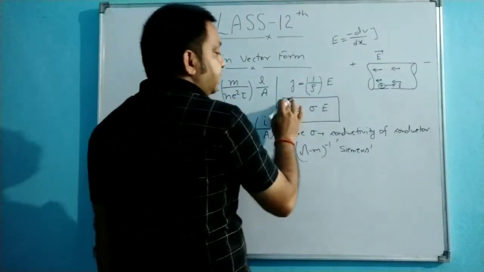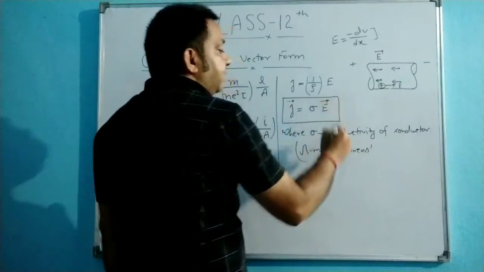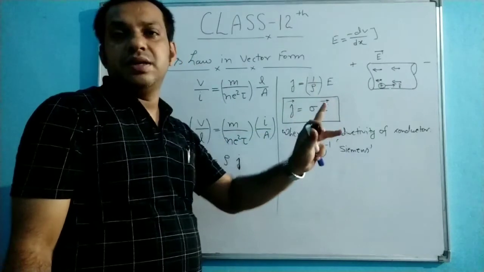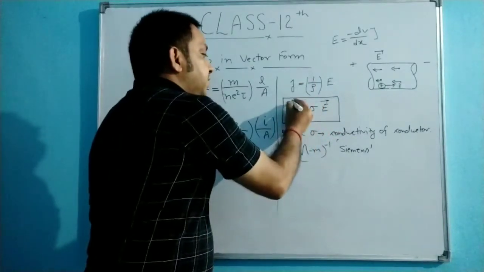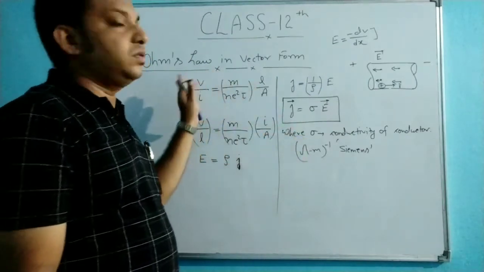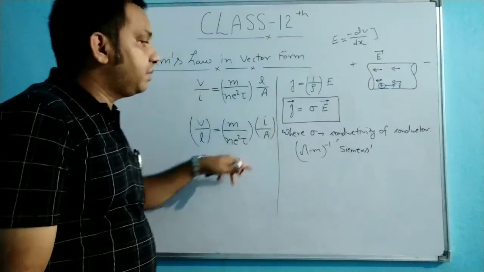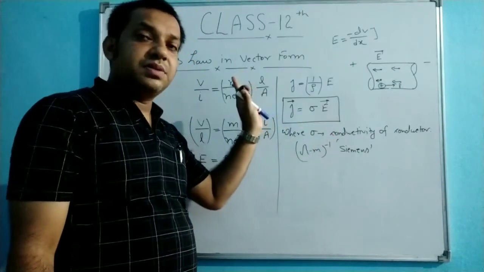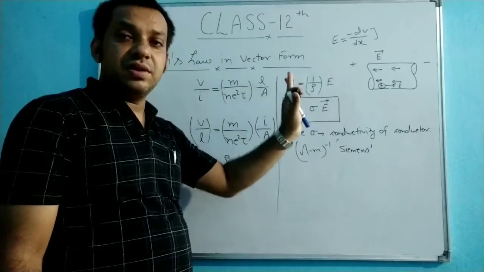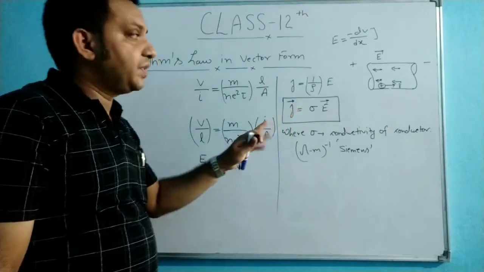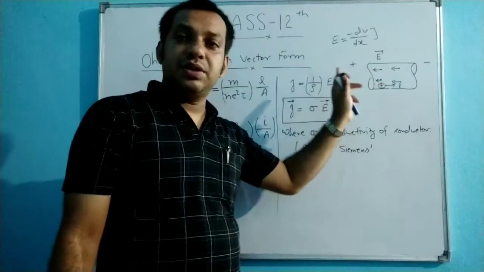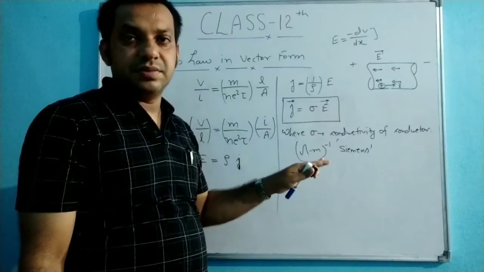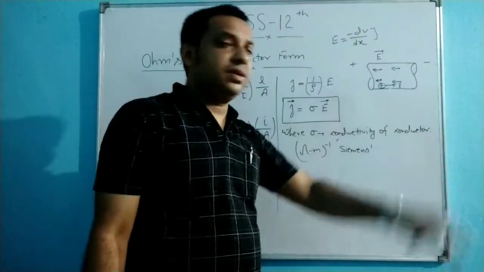So if you express the current density and the electric field in vector form, both are in the same direction, that is why J is equal to plus sigma E. Simply, this is the vector representation of Ohm's law: J is equal to sigma E. While we studied in terms of J and the drift velocity, there was a negative sign because the drift velocity vD is in the opposite direction. But the current density is in the direction of the movement of the positive charge, that is why it moves in this direction.